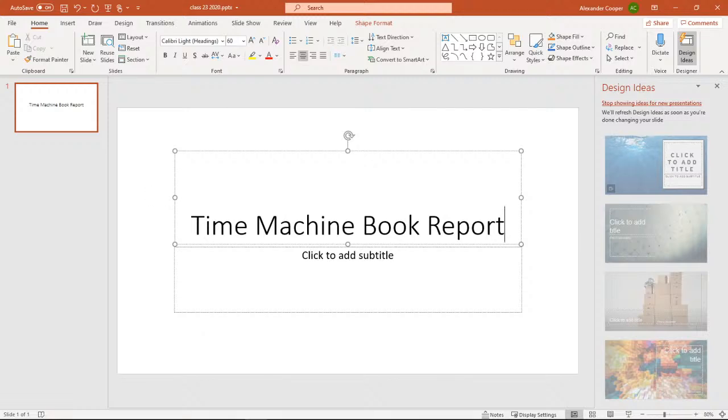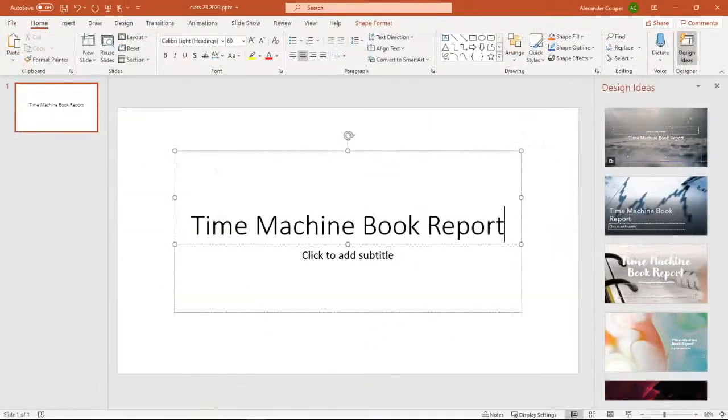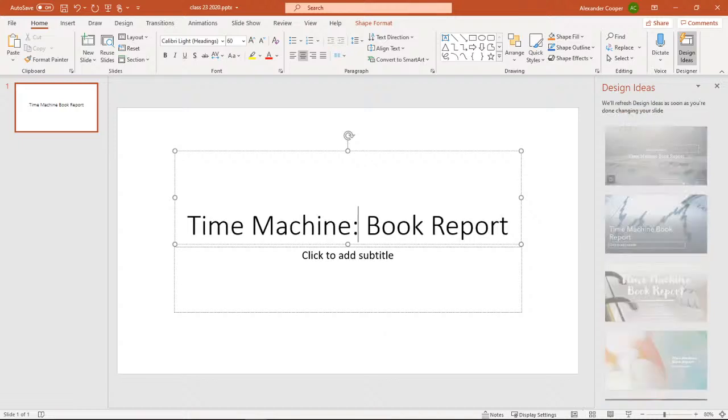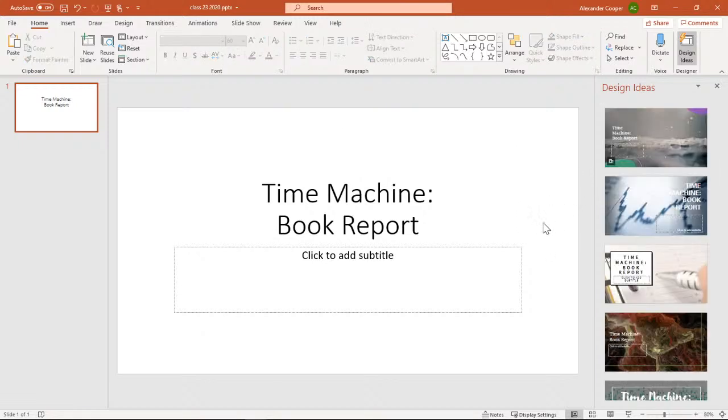Oh, and I do believe, yeah, I sure do. I got a colon in there. So make sure I add a colon here on the end, and I'm going to hit enter to bring book report down to the next line. Okay. All right, now, oh, it's generating new ideas here on the right side, which is pretty neat. So this is kind of the flavor of the newer version. So you get a little bit of extra design ideas and stuff, which is pretty unique.